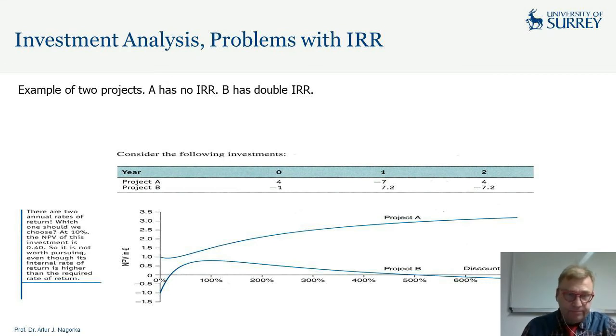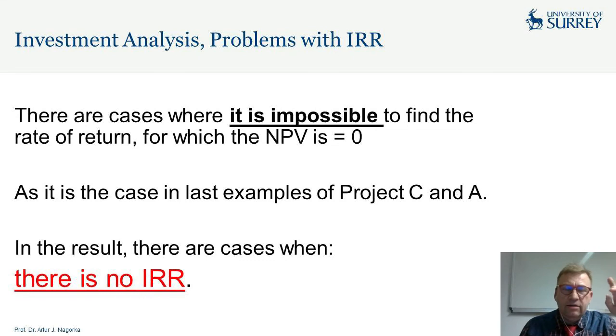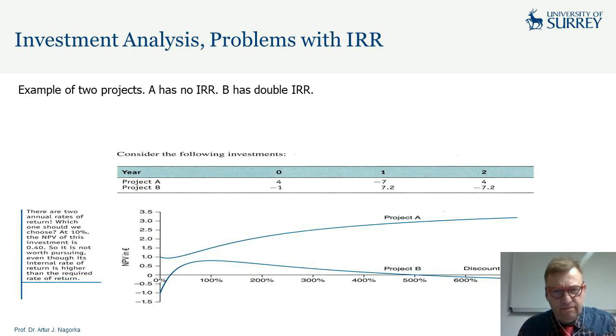By the way, there is a hint that we could use. Let's have a close look at project B, the one with -1, 7.2, -7.2. We have found that this project has 2 internal rates of return. Fine. We should know that this one has 2 because